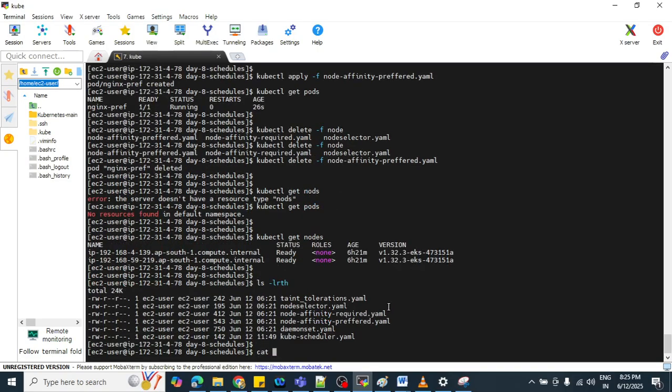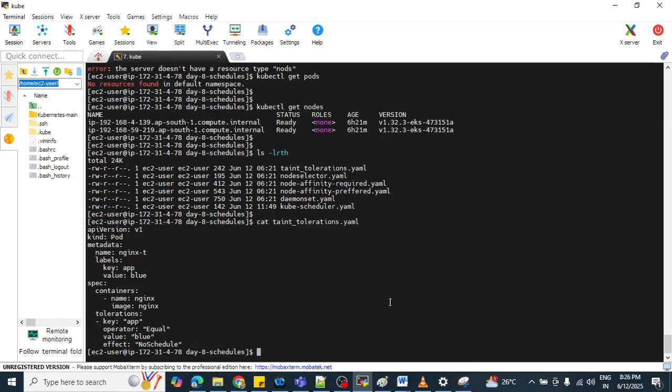So this is our YAML file, taint and toleration. The kind is Pod. This YAML file defines a pod that tolerates a taint on a node.